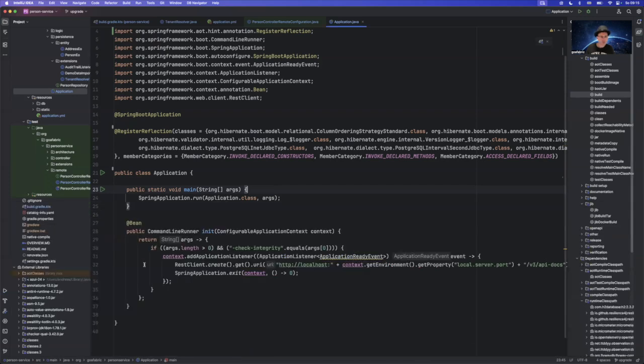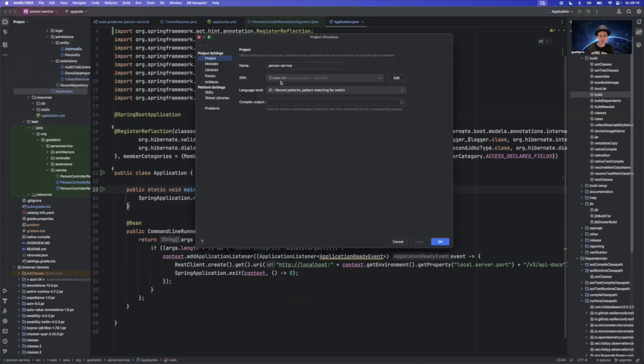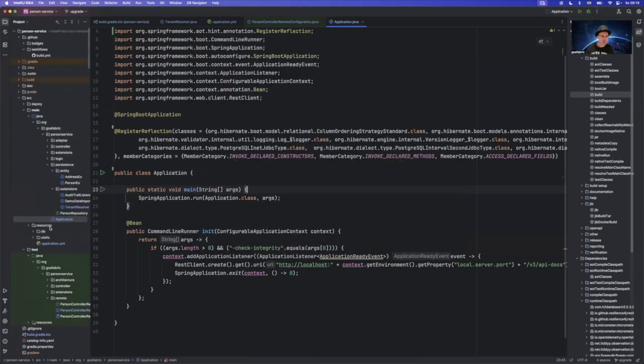Next step, let's do an upgrade to Java 24 to prepare for Java 25. So of course, if you want to have Java 24 here, you need to compile. So the build SDK I'm currently using is from Azul, which also works on my Mac. Next thing, also very important,